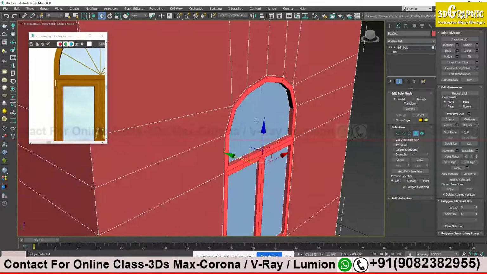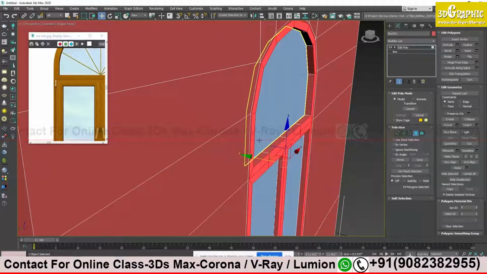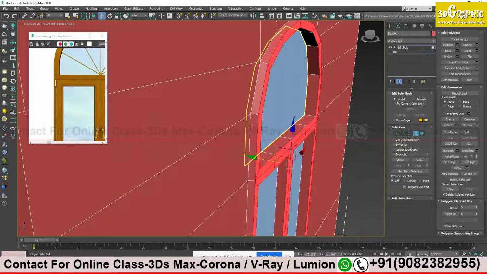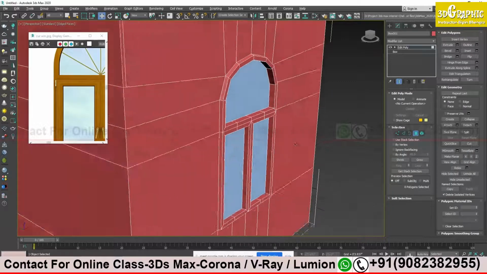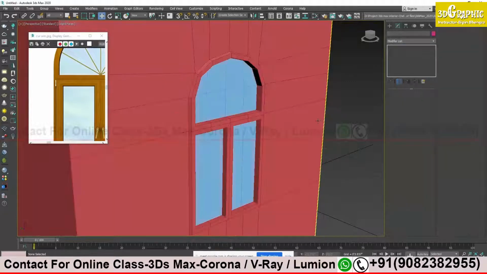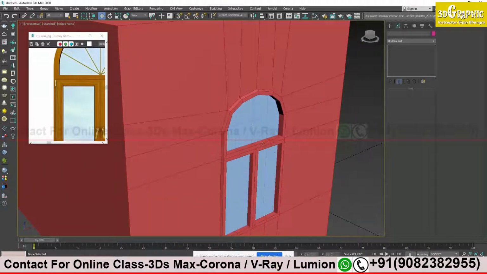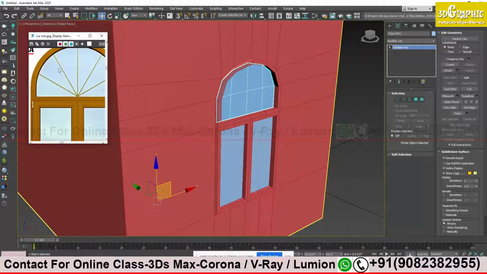Now see, what happened now, it should not be at the same level of my wall, no? It should be a little bit away, extruded from my wall. So I will just select all the faces and simply drag it out by clicking one axis, so that it is a little bit separated from my wall, so it should look proper, no. I will click outside and I am done. Okay, my wall is there, my window panel is there, my glasses are there, and these rods are there.